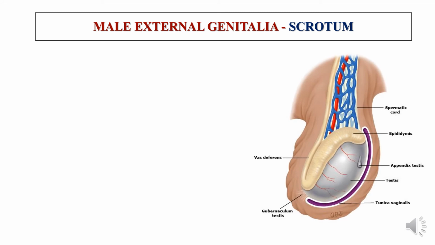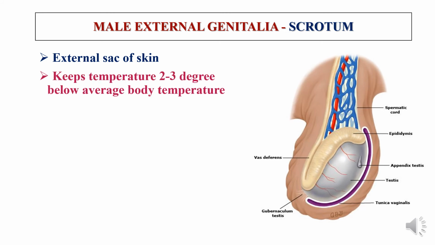The male external genitalia are the visible part of the male reproductive system, which include the scrotum and the penis. The scrotum is the external sac of skin and subcutaneous tissue that contains the testes. It hangs from the trunk midline posterior to the penis. A medial partition keeps each testis in a separate chamber within the scrotum.